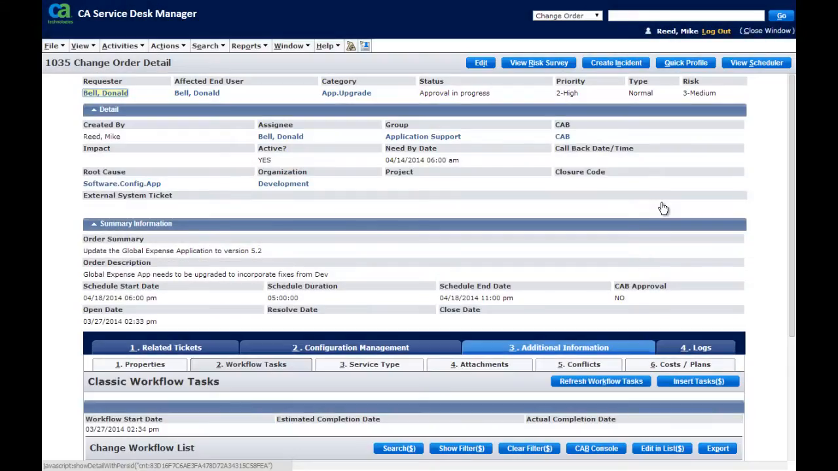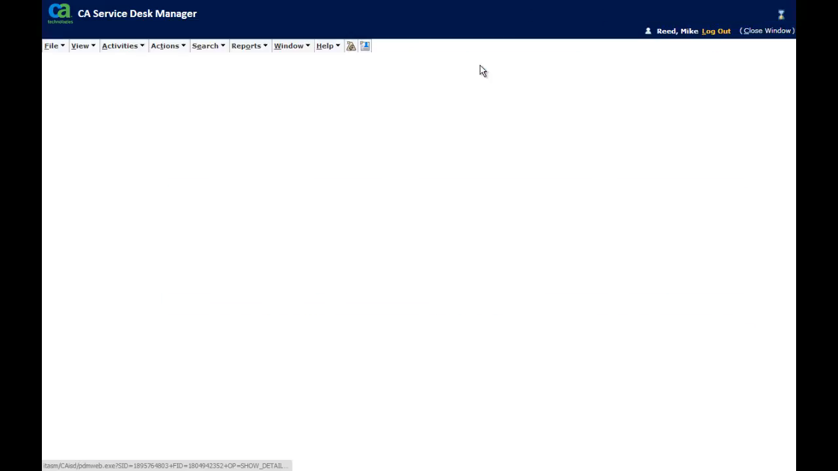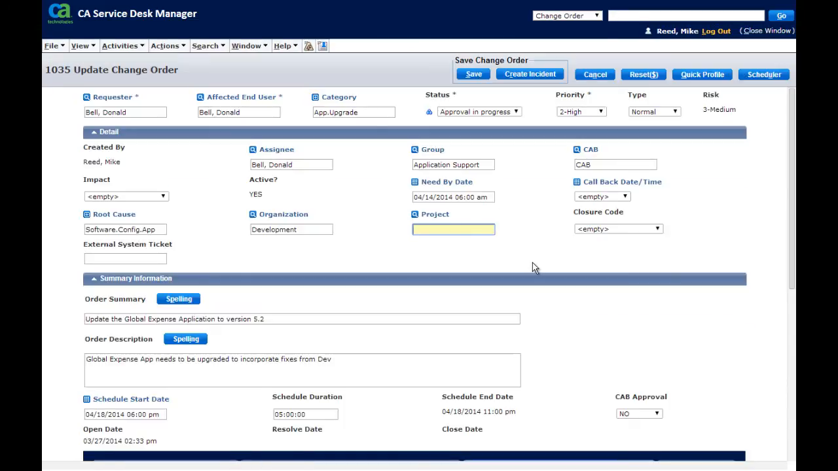The fifth item is to demonstrate the ability to identify and coordinate production changes in a single release. I have seen this done two different ways in Service Desk Manager. The first way is by linking the change or changes to a project. And the project is just a CI within the system. So I can go into edit mode here and specify a particular project,